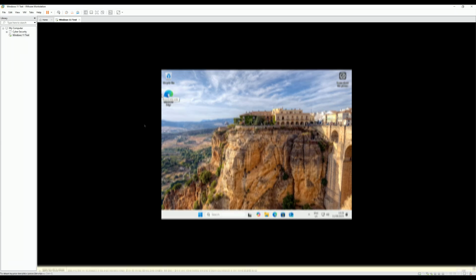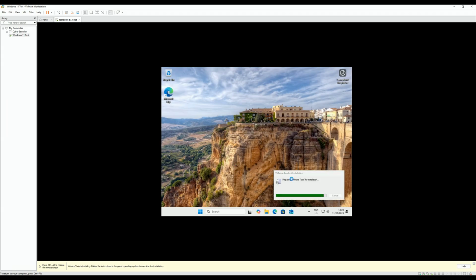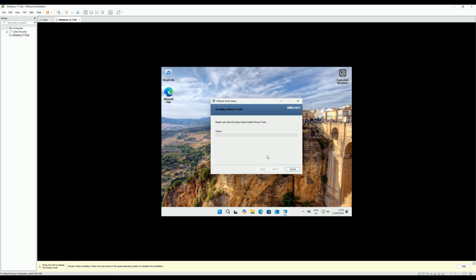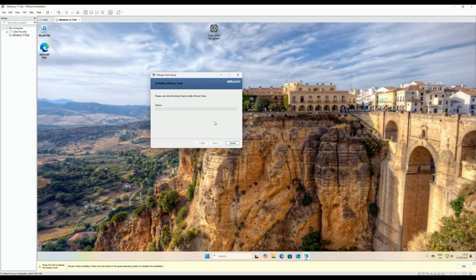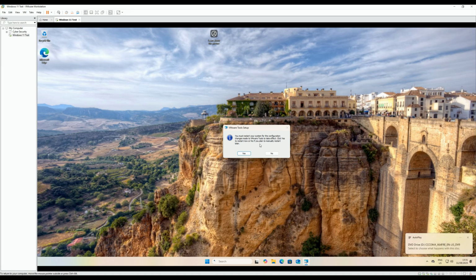Back in VMware, go to the menu and click VM. Install VMware Tools. Inside Windows, run the installer. Choose Complete and reboot. VMware Tools improves graphics and mouse performance, enables clipboard and drag and drop, dynamic screen resizing, and better drivers. Windows 11 is now fully set up in VMware with a TPM, a clean local account, and